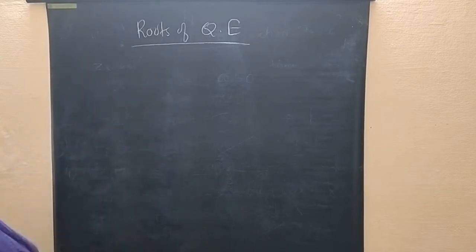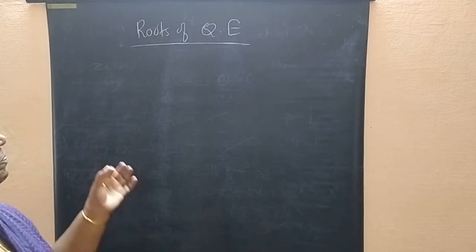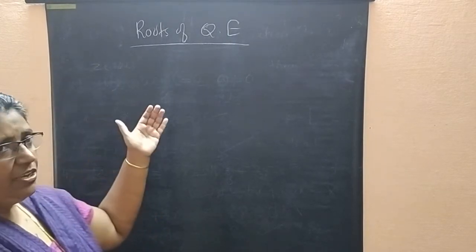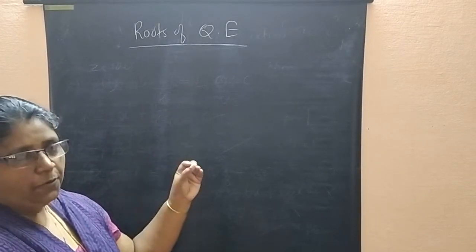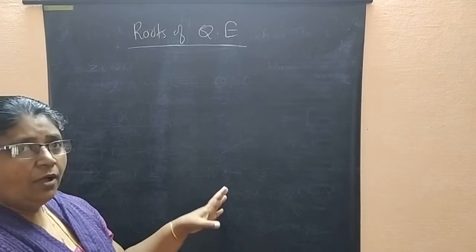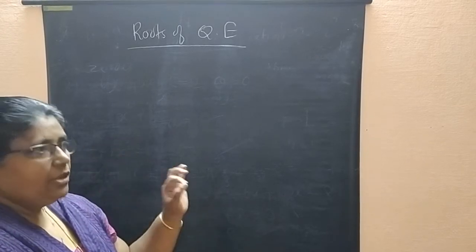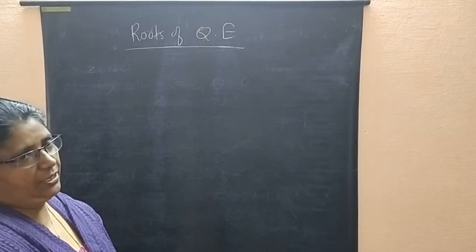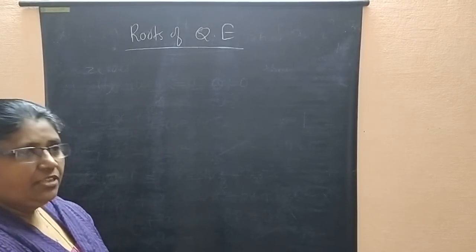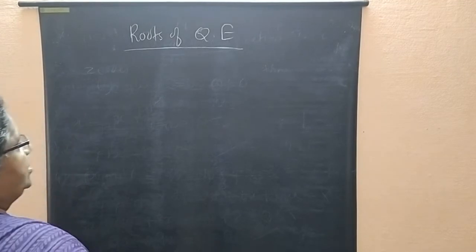So, roots of the quadratic equation means, if any quadratic equation is given, and for x we put some value, if the answer is 0, that particular value is called the root of the quadratic equation. For finding the roots of the quadratic equation,